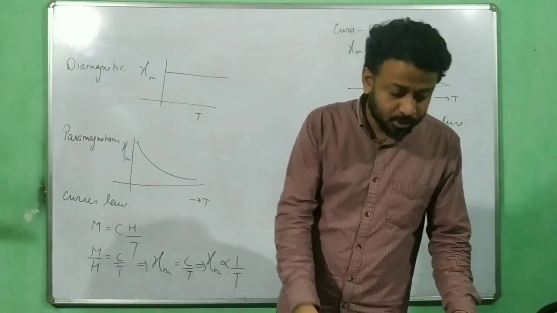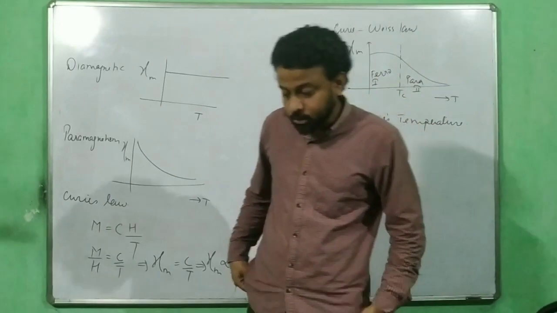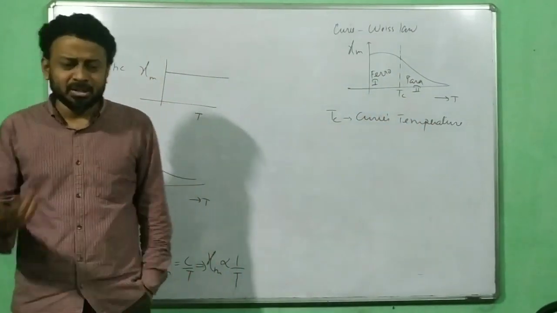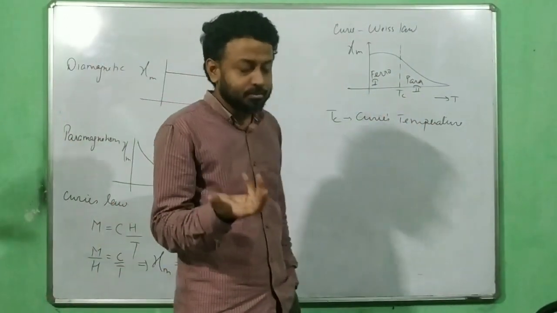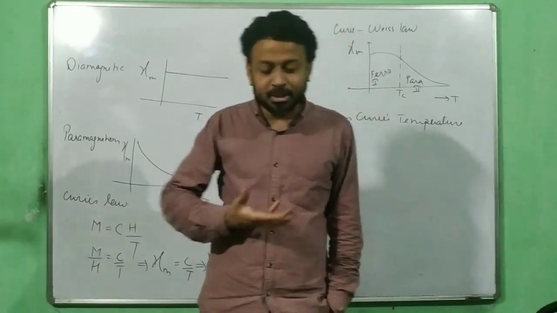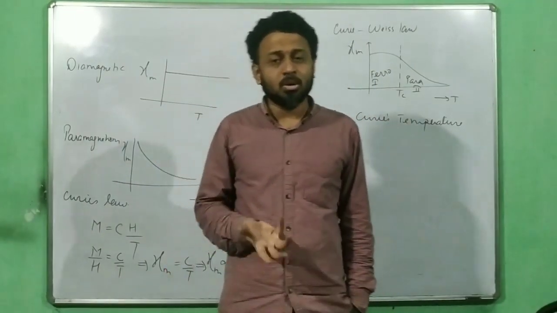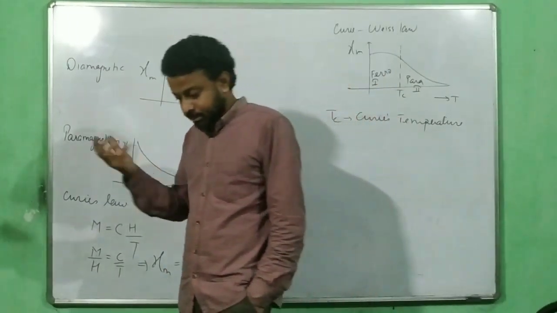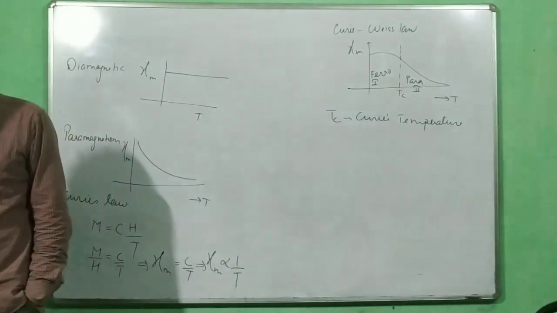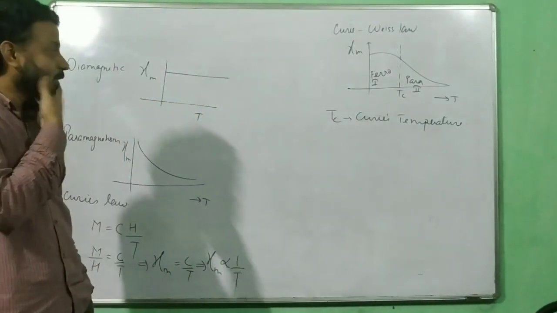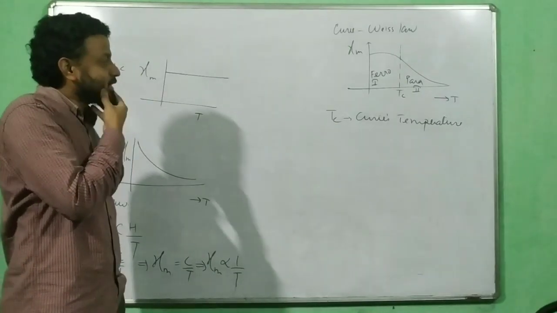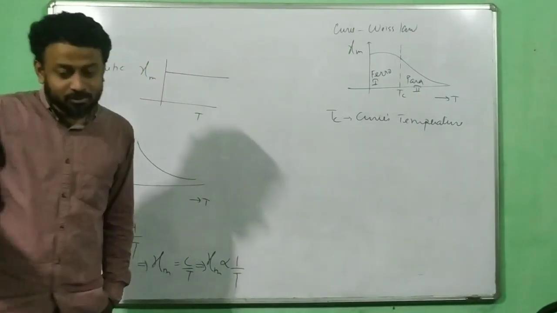Other things it talks about, I will share notes on that. It's called coercivity, retentivity, and the selection of materials to make a transformer core. What kind of material you will select for the core of a transformer, and all those things we will discuss in the